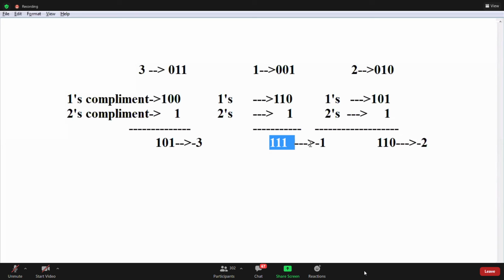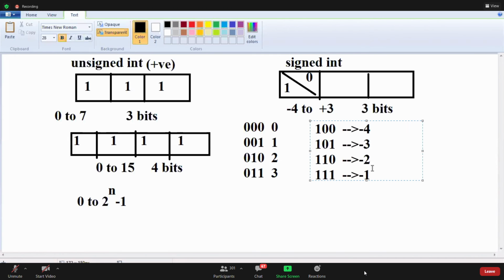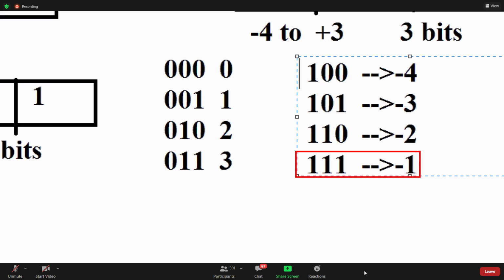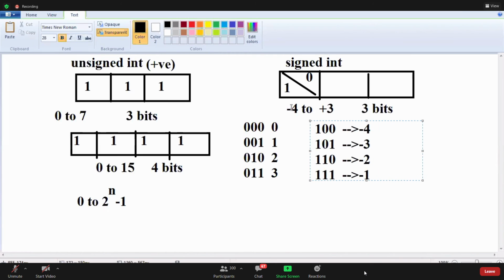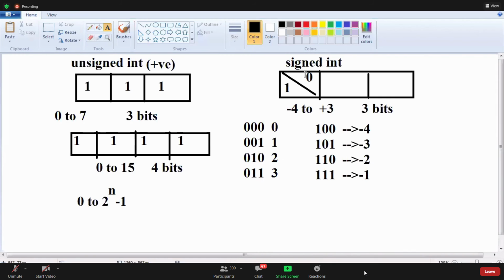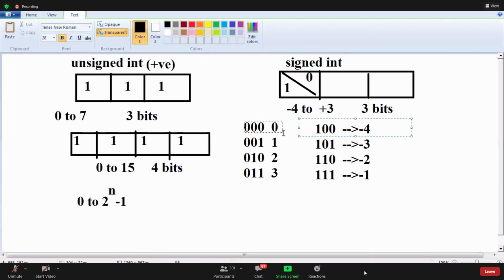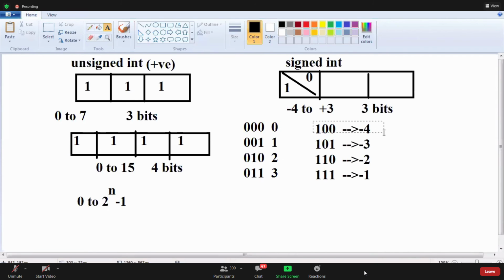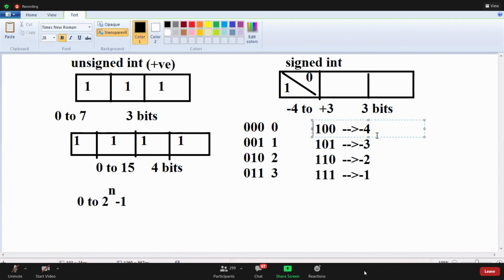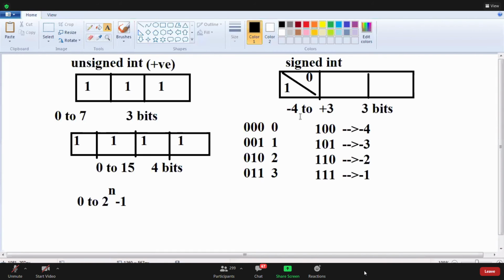This is minus 1. This is minus 2, minus 3. See this. This is minus 1, minus 2, this is minus 3. What is this value? Minus 4. I think you understood the 100. What will 100 get? That is minus 4, the extra value. 011 is a positive number. 3 is the maximum value. 011 is the maximum value. Next value is 100. That is not minus 0, there is no negative 0. 000 is a positive 0. That extra one, 100, is minus 4. Okay.